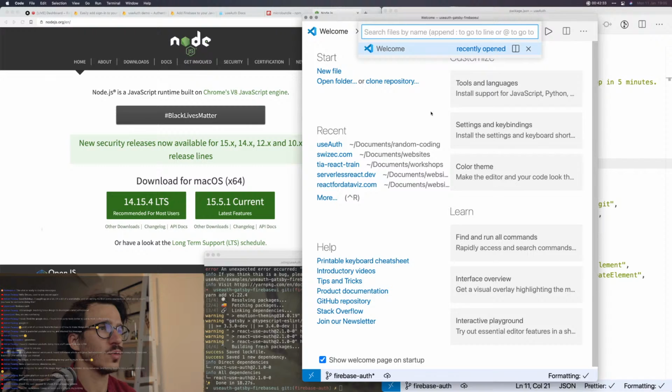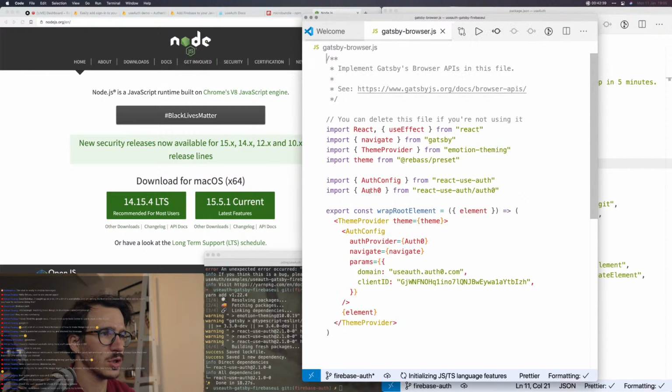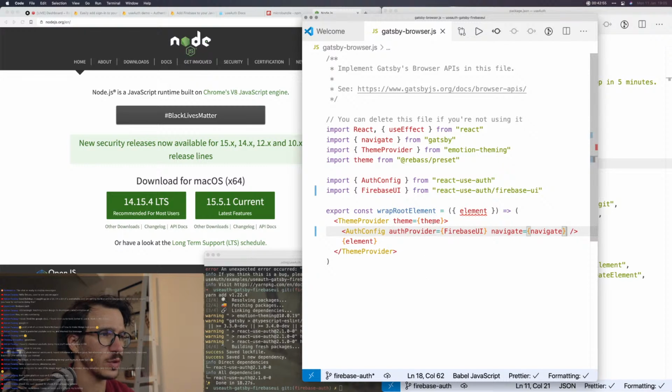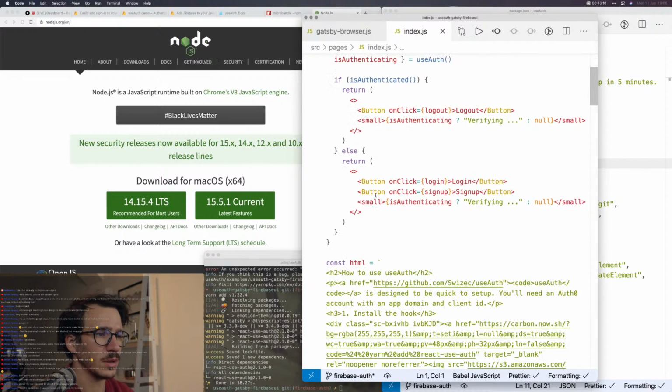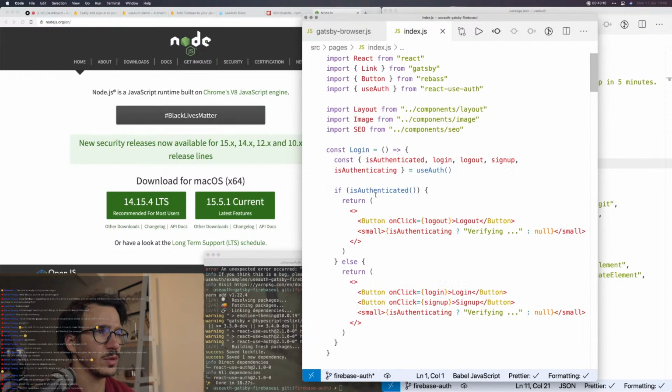I need to open the Gatsby browser, and here we're going to change this to Firebase UI from Firebase UI. We ran that Firebase UI. We don't need any params just yet because we're purely using default params. Firebase UI, and then we go into where? Let's see, the index page. So the index page has a login button,